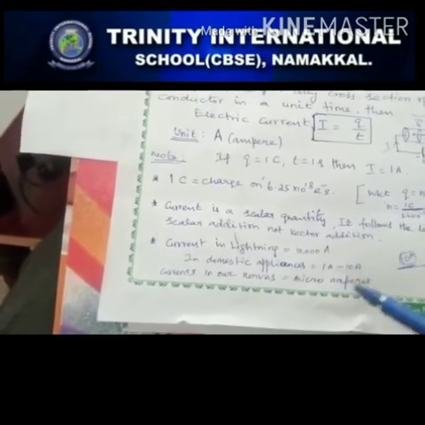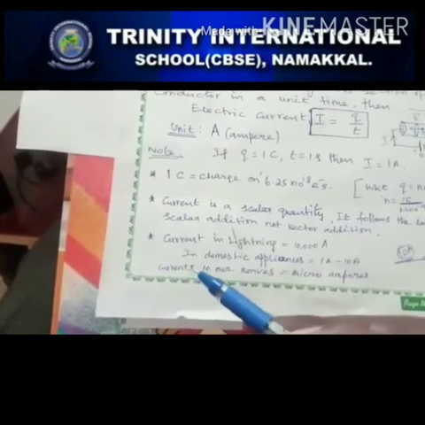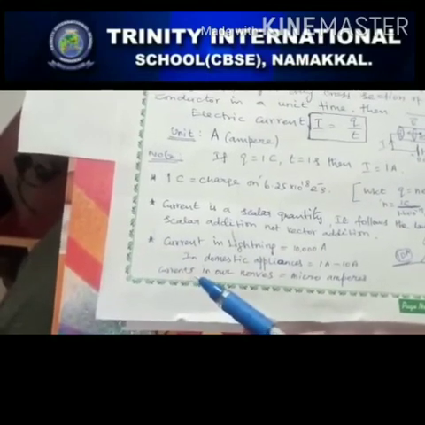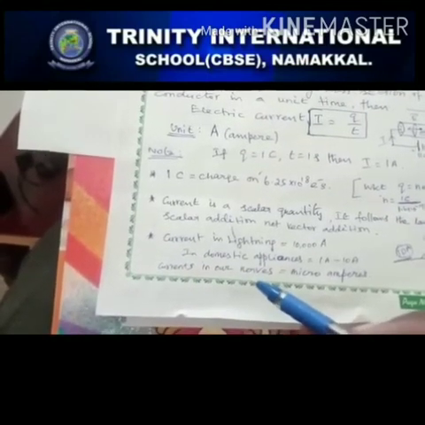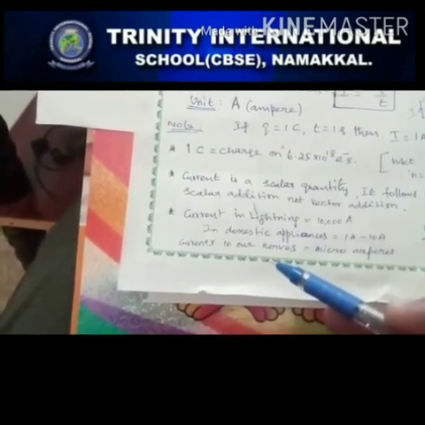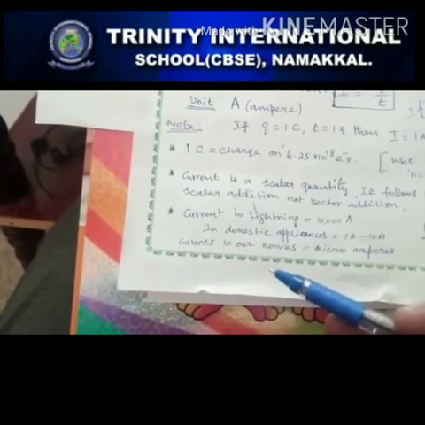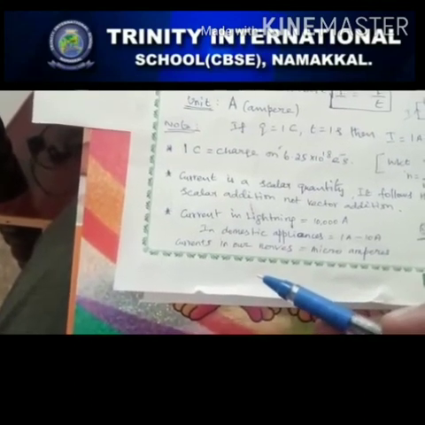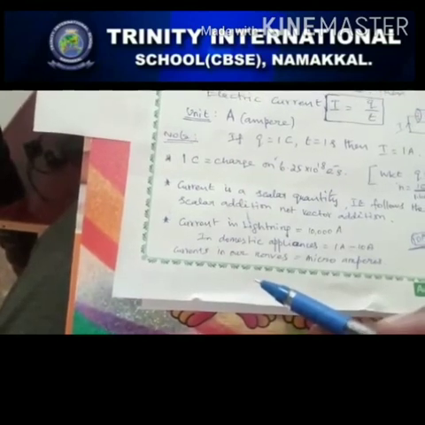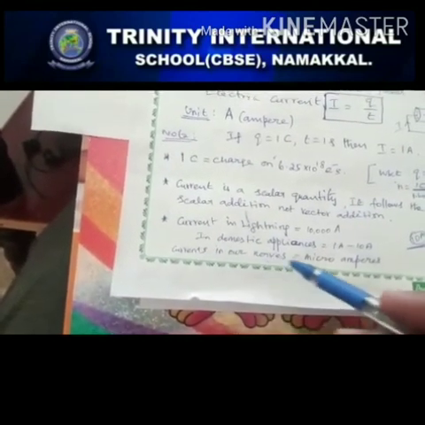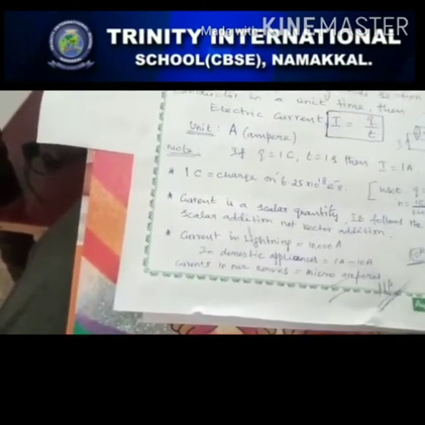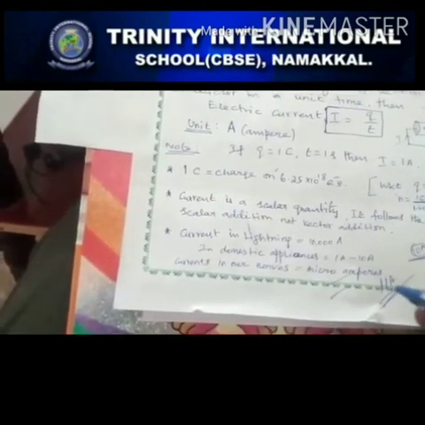And for low values of current, in our body we have the nervous system. So current is also produced in our nerves due to electric pulses. We know the ECG, by taking an ECG we can see our electric pulses. Electric fields are created in our body, so current passes through our body also. So current in our nerves is in the range of microamperes, and by using this, ECG reports can be taken.